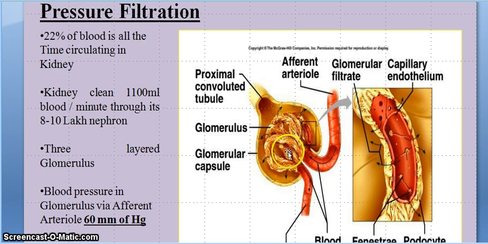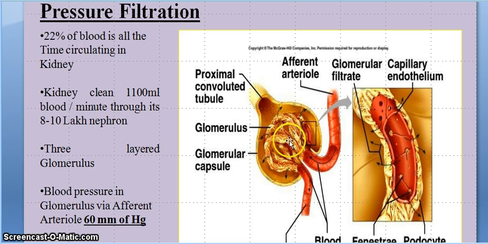Okay, glomerular filtration rate, as this filtration occurs with pressure. It depends on the hydrostatic and the colloidosmotic pressure, as well as the capillary filtration coefficient, which is termed as Kf. Hydrostatic pressure is the pressure which is exerted by the liquid portion inside these capillaries against the walls of these capillaries.